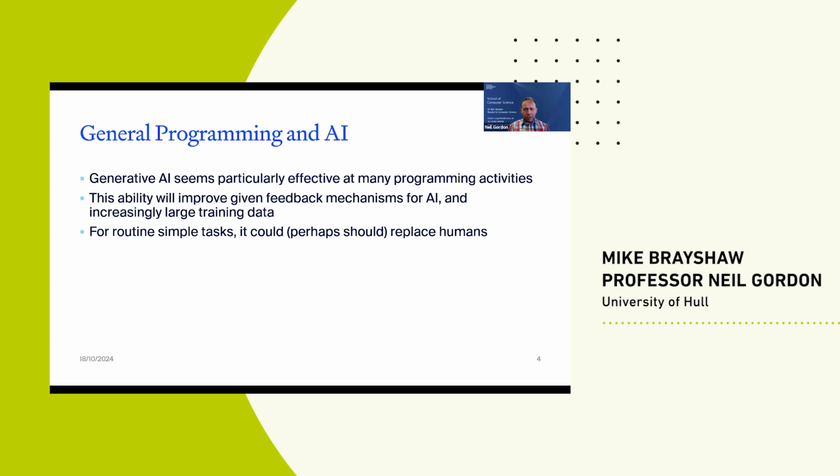And equally, whilst the systems are good at simple problems, they're improving on more complex ones. And we're seeing that because the companies like OpenAI, Microsoft, Google, that are creating these systems are working to make them better. One of the key ways of doing that is by creating feedback loops. These feedback mechanisms mean AI can learn from what users say: that was a good answer, that was a bad answer, that code was good code, it was bad code. It can learn from that and improve.